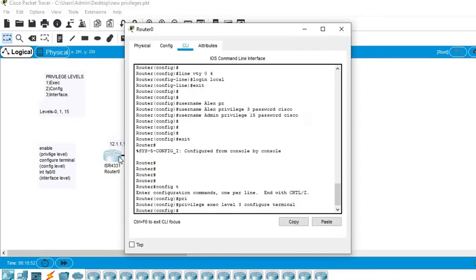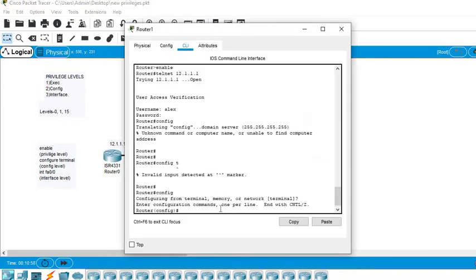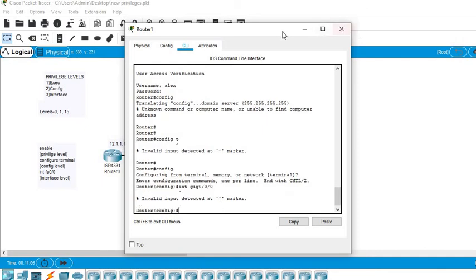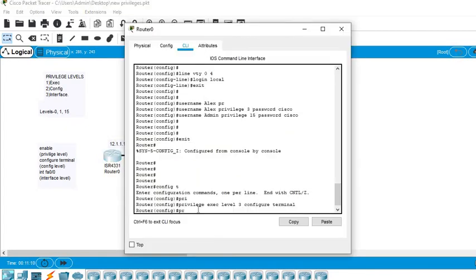For example, let me show you whether I can run the interface command or not. Interface gigabit: you can see the interface command is not working. Again, the interface command comes after the configure level.